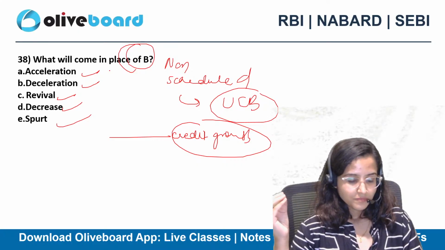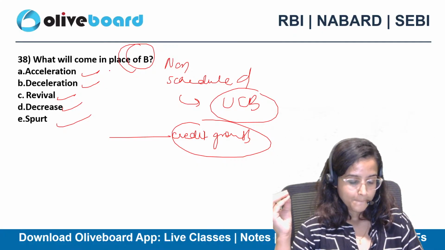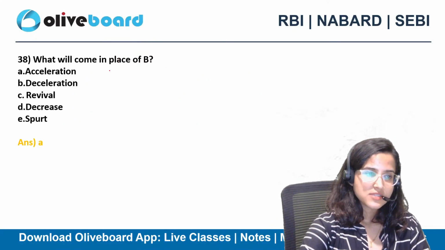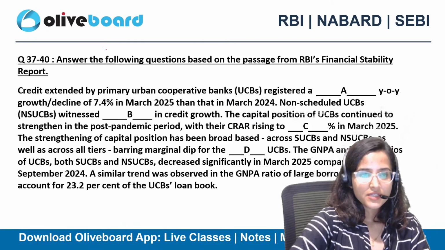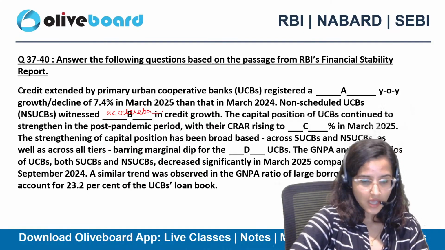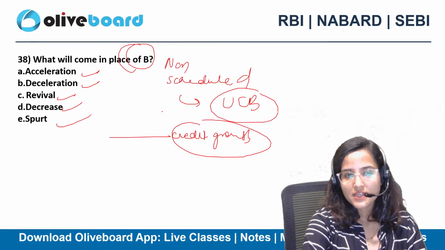Increase. 38th question. Quickly. The answer is A, acceleration. So here, acceleration in credit growth. ठीक है, yes John, A, not C, acceleration. Okay,